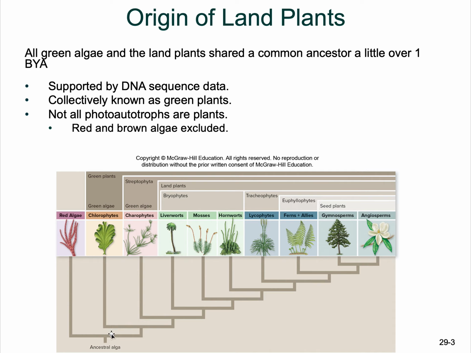But here we've learned already how to read a cladogram or a phylogenetic tree, and so you kind of see the transition of where all of our land plants came from. So they all came from an ancestral type of algae, and then they all just kind of branched off. But some of these you might be more familiar with than others. Like I know for sure you all have seen moss. So that's considered to be a seedless plant. The ferns also are seedless. So anything over here is considered to be seedless, and then these have seeds, gymnosperms and angiosperms, which we will learn about in a little bit.